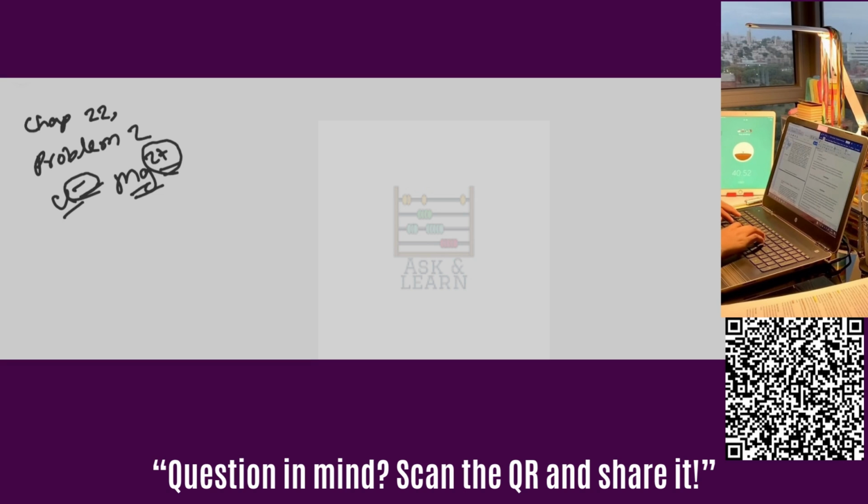Like this Mg2 plus, if you want to make it Mg3 plus by removing one more electron from its electronic shell, it will take a very high amount of energy, and that's why we cannot make an Mg3 plus ion. Similarly, in the case of chlorine, if you would like to give this chlorine one more electron and make it Cl2 minus, this will take a huge amount of energy, and that's why it's not possible in general. But,